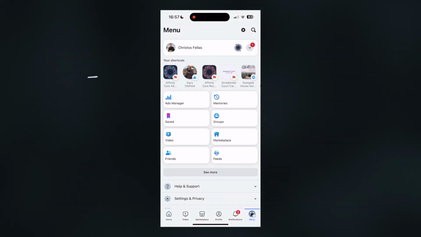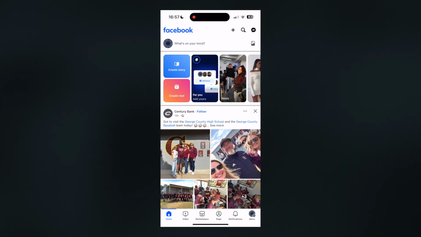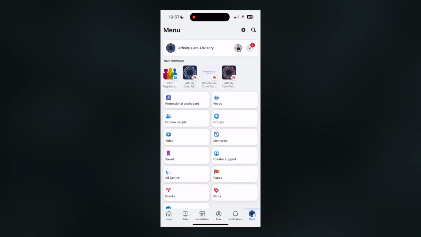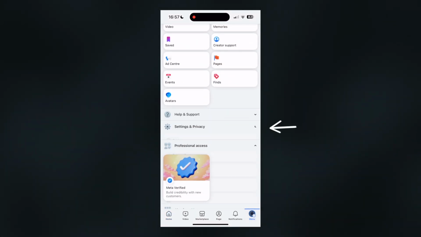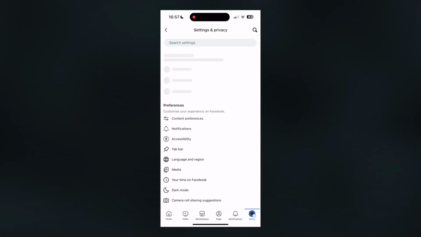So I'm going to use Affinity Care Advisory in the top left-hand corner here because it's the first one, for example, and go ahead and click on that. And then you want to go ahead and click switch so you can switch into that account. From here, you want to go back to the menu for this account. Then you want to scroll down to where it says settings and privacy, expand that out, click on settings, and